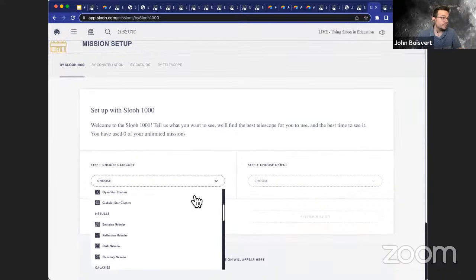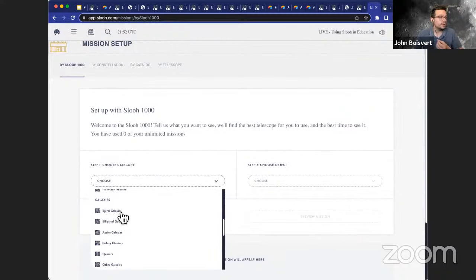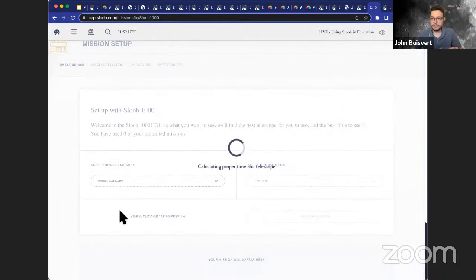We know that we're doing our galaxy morphology quest, so we want to capture a spiral galaxy. Andromeda is a spiral galaxy. So when you click on spiral galaxies, the platform is looking at all of the spiral galaxies in the entire celestial sphere, and it's calculating which ones are visible across both observatories.